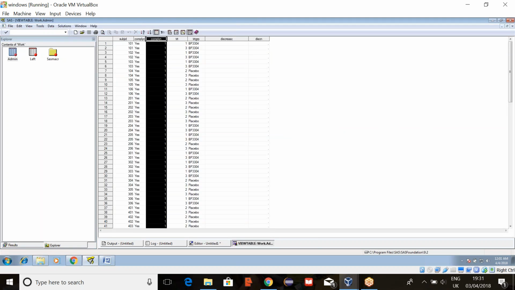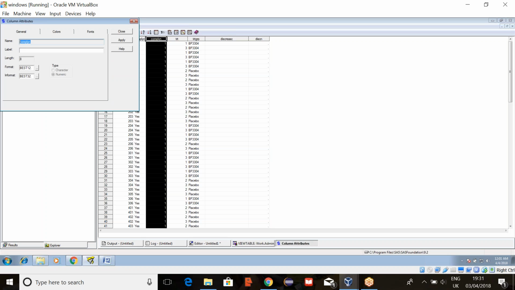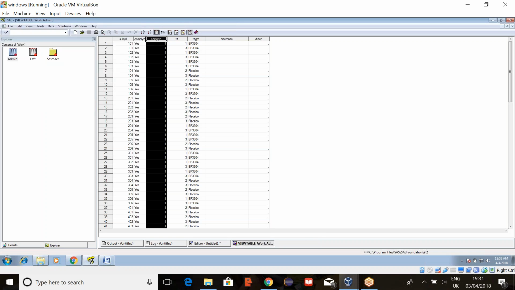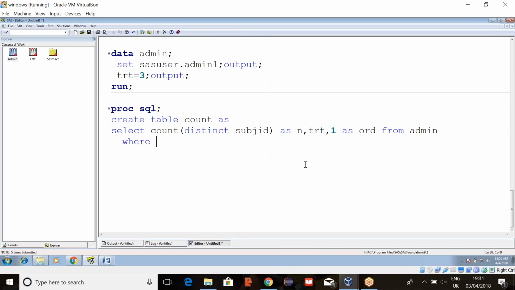Either you can take this one or this one, character or numeric. It is 1, equals to 1, and group by the classification variable, quit.